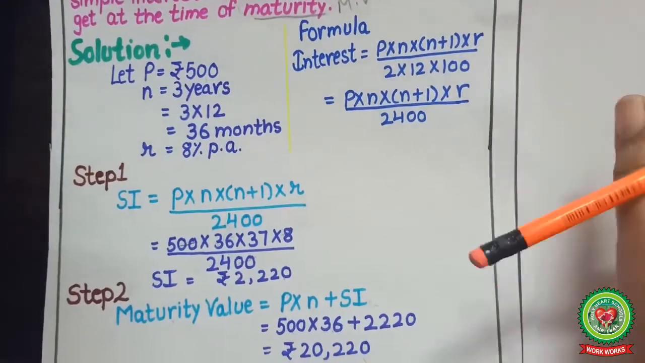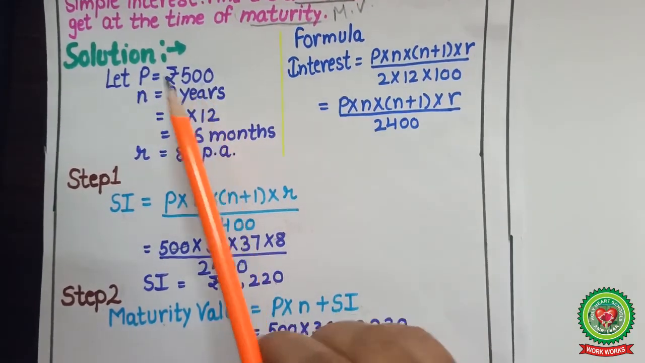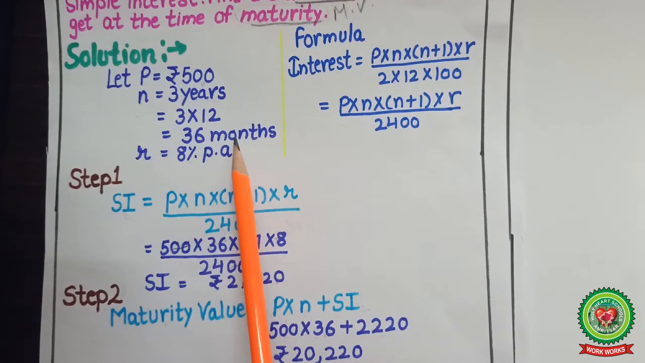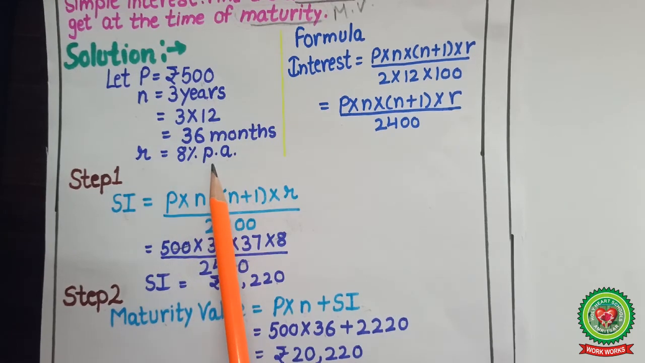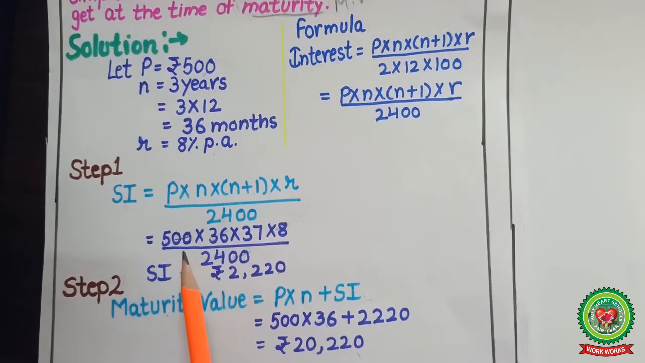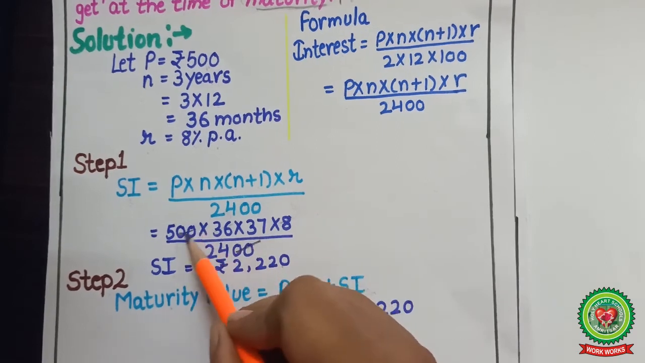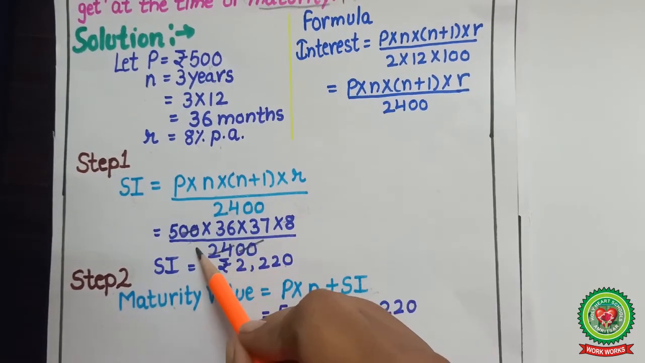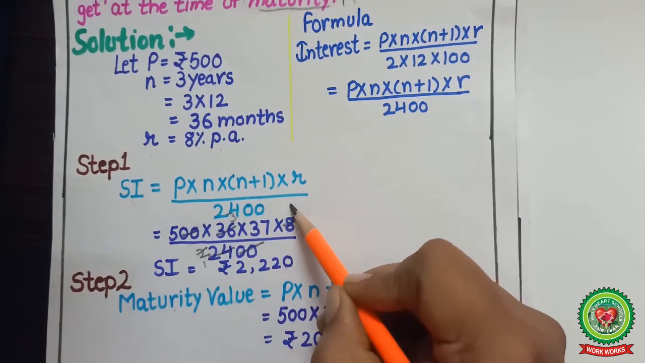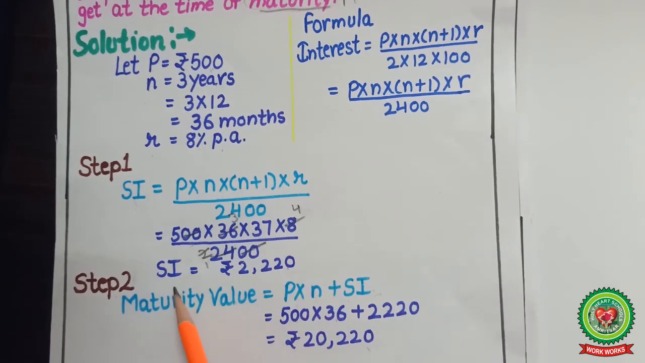Now we will do its solution. Step 1. Let P is equal to rupees 500, N is given, that is 3 years, we will change into months, that is 36 months, rate 8% per annum. First step is to find simple interest. We will apply the formula. We will substitute the values by doing cutting. 2 zeros will cut with 2 zeros, 12 2s are 24, 12 3s are 36, 2 1s are 2, 4 2s are 8. Now we will multiply the left out terms. We will get the simple interest, that is